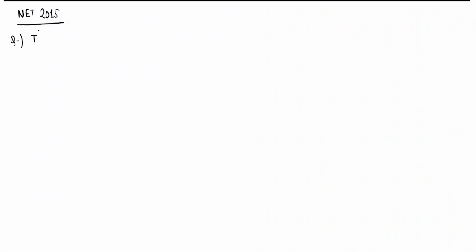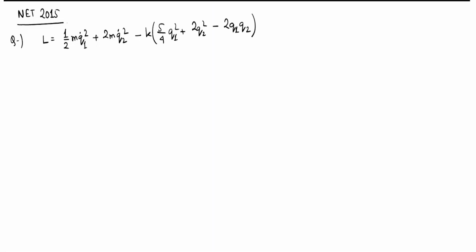So the Lagrangian is given by half m q1 dot square of a system plus 2m q2 dot square minus k into 5 by 4 q1 square plus 2 q2 square minus 2 q1 q2, where m and k are positive constants. The frequencies of the normal modes are